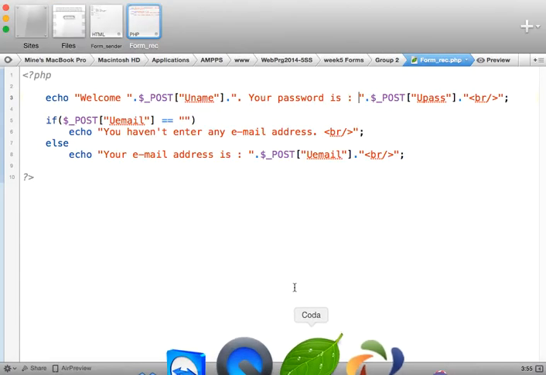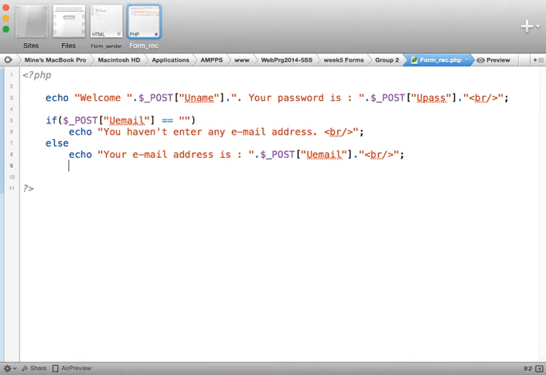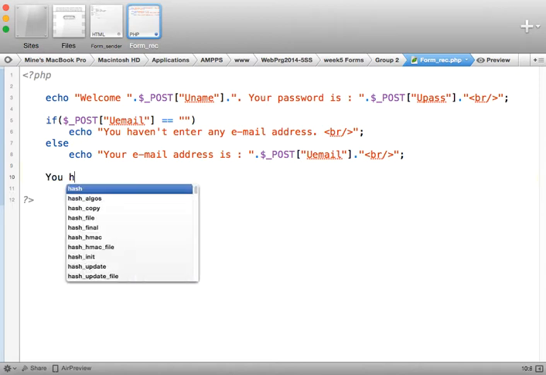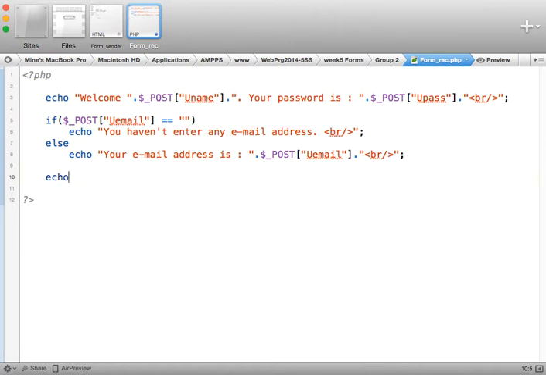So I'm just going to write in here echo you have been registered in $_post exp, that was for the expertise, okay, fields,